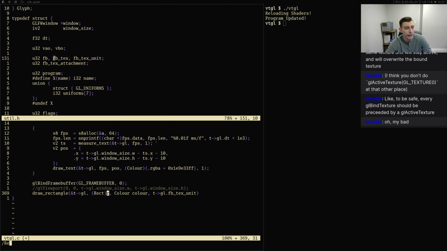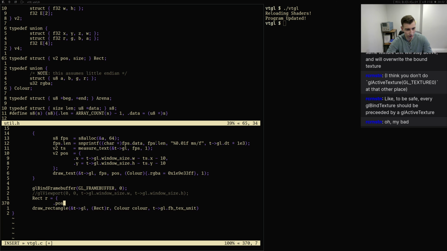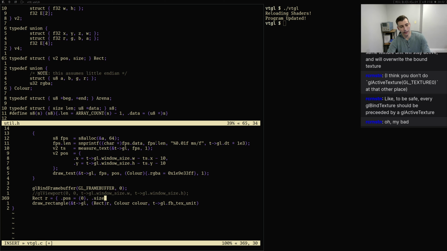Wait, is this rect? Okay, that's slightly annoying. Fine. Dot position will be equal to 0. Dot size will be equal to